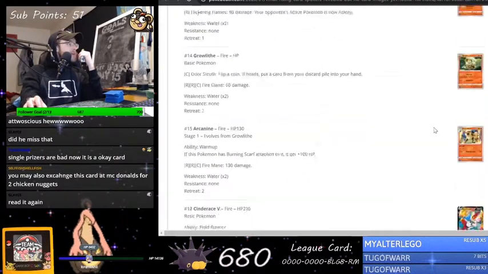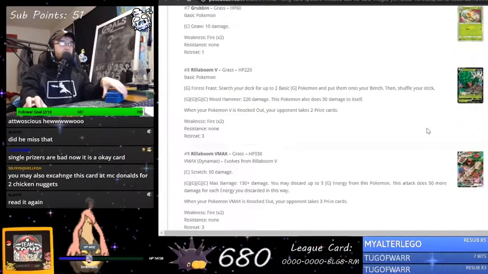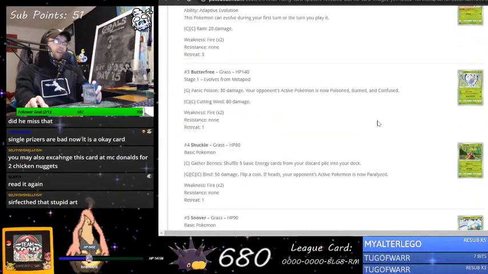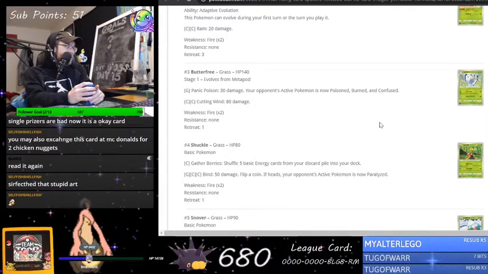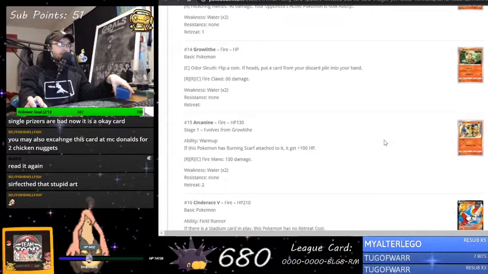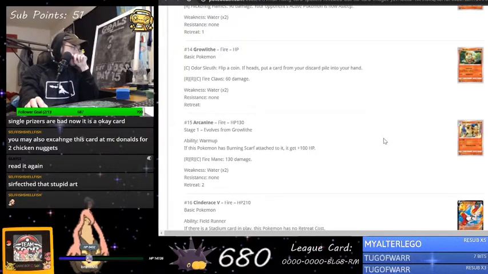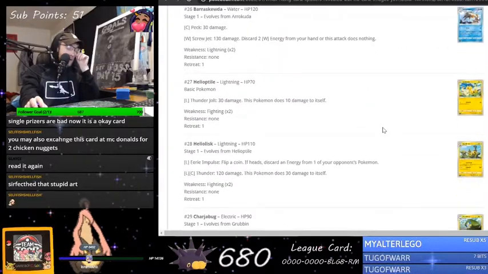Single prizes are bad now. It's bad now. It is an okay card. I don't think single prizes are bad. It's just that, in terms of, we constantly say evolutions don't have support. I think grass is the only type that really has, I guess maybe psychic, but like that has true support in providing stage 2s